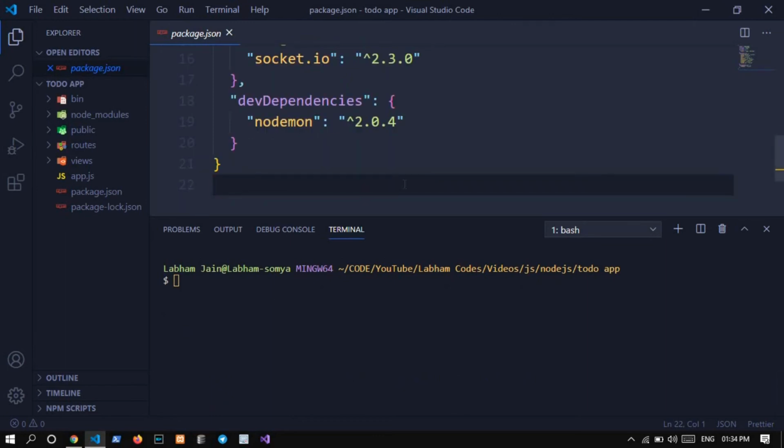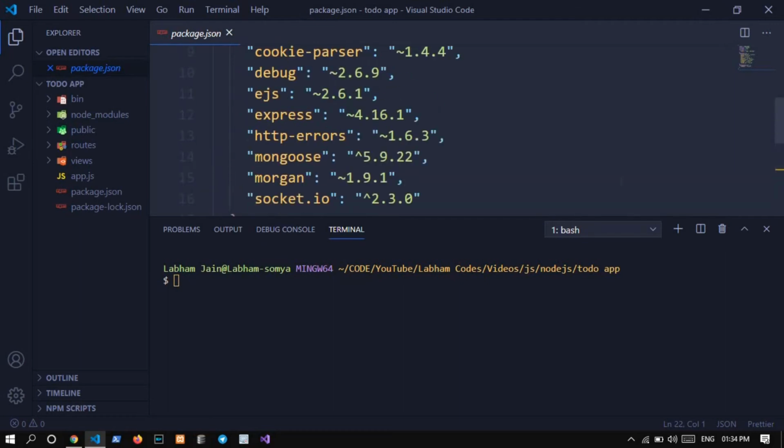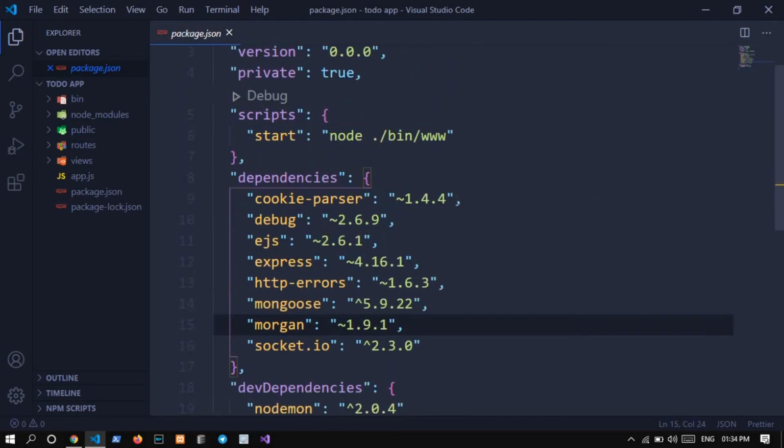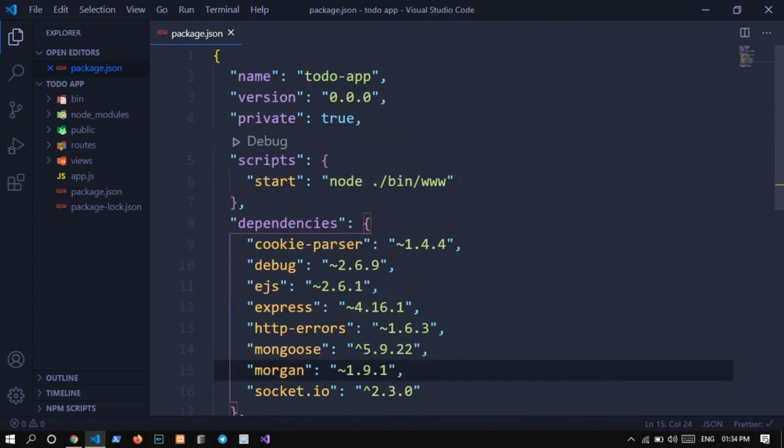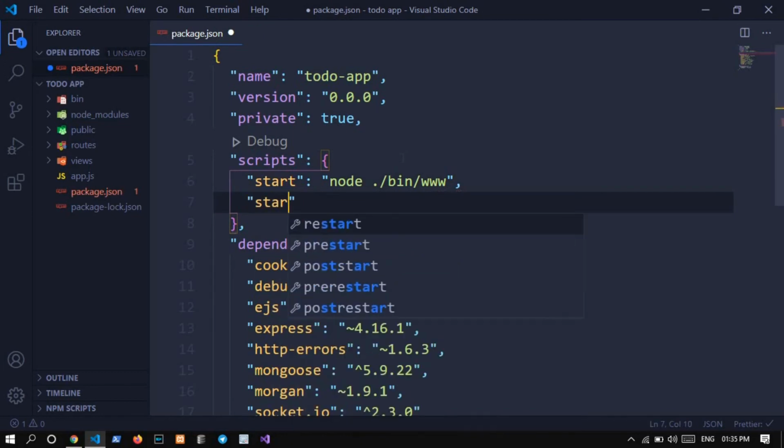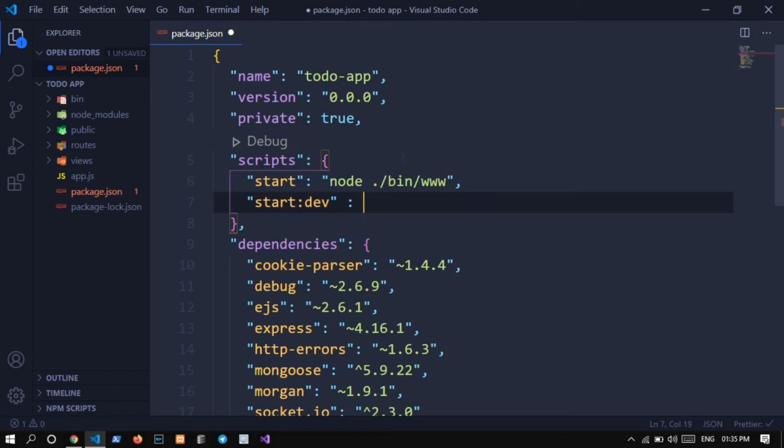Let's test our basic Express boilerplate, which it gives us by default. Obviously we need to modify this package.json, because we have installed nodemon. I am writing start:dev, like this.